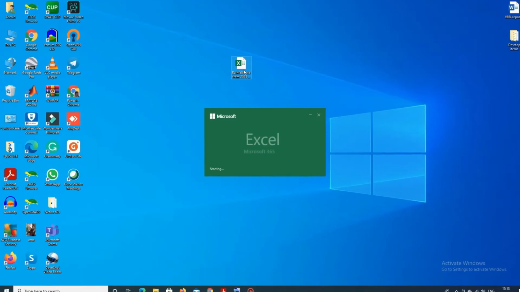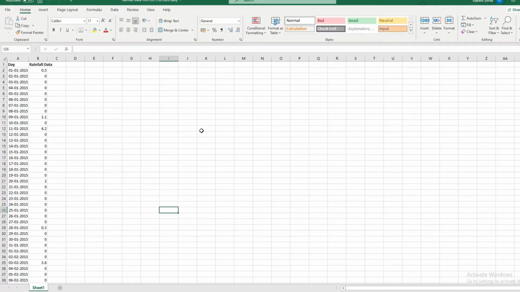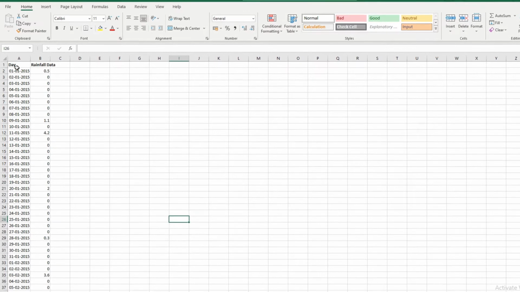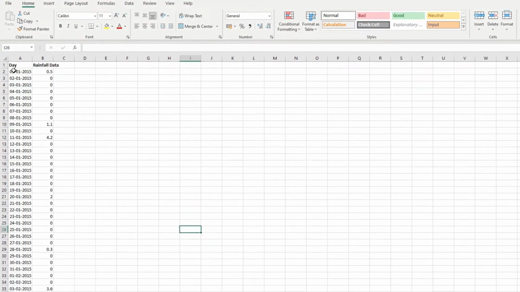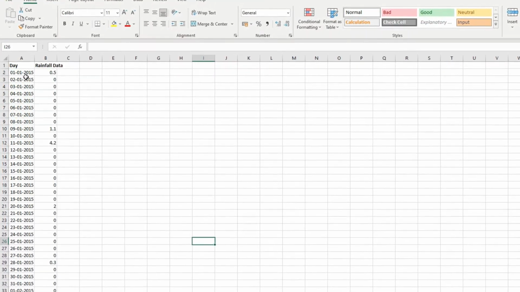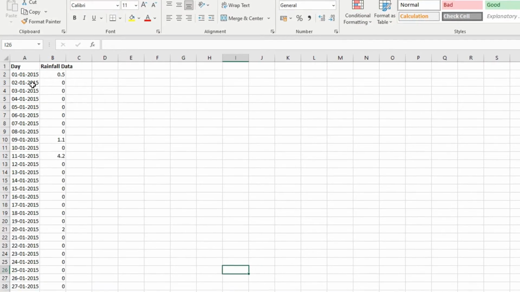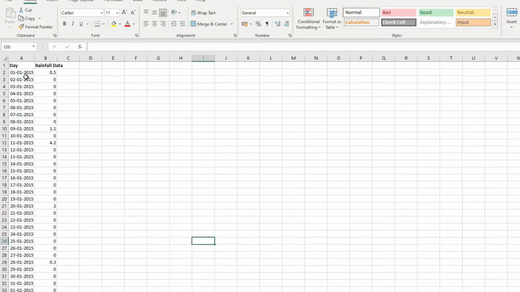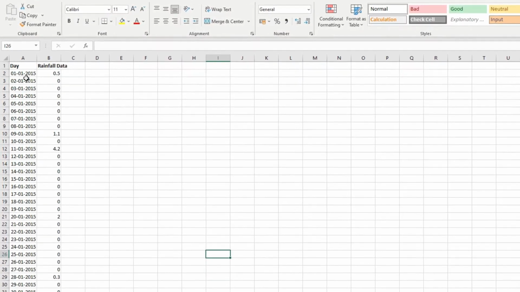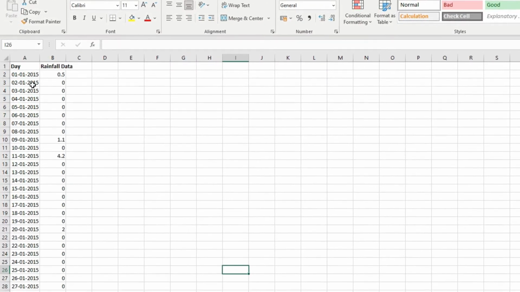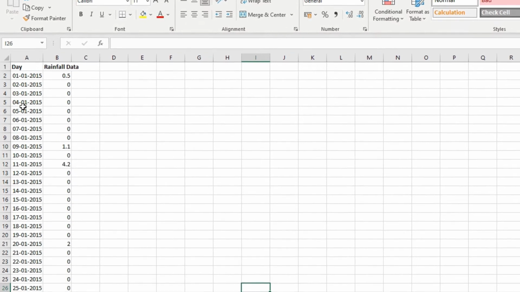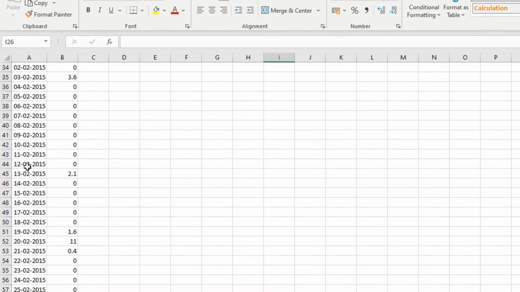Now I am going to open the Excel file by double clicking on that file, and you can see here the day and rainfall data. It starts from January 1st 2015, January 2nd 2015, January 3rd 2015, January 4th 2015 and so on.